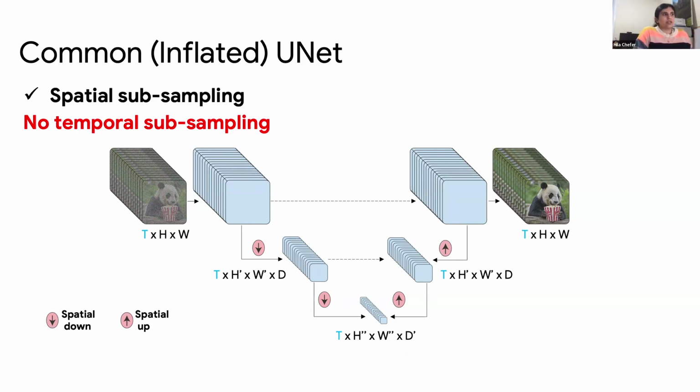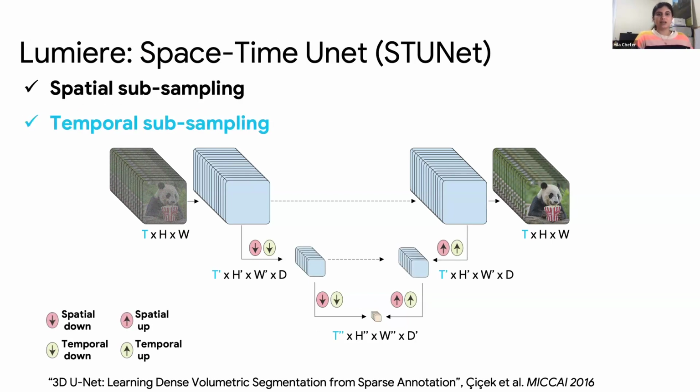So this is what we're going to target in Lumiere. Instead of just doing spatial downsampling and upsampling, we're going to add temporal downsampling and upsampling. So every time we do spatial downsampling, we're going to do temporal downsampling as well, such that here in the bottleneck, we'll have a very condensed representation of the video, both in space and in time. So here we're only going to have to deal with 1/4 of the frames that we had to deal with in the beginning. And then if we shove a lot of parameters here in the bottleneck, it's going to allow us to put a lot of computation where it's less expensive,